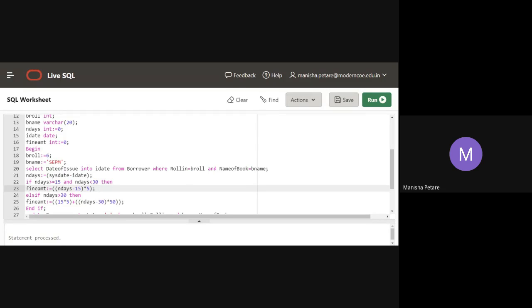This is greater than or equal to 15. Because what we have as condition: first slab is of the number of days, how many number of days it is late, whether it is in the range of 15 to 30, then it is 5 rupees per day. Yes, and if it is above that, then it is 50 rupees. Yes, so here we have to check if number of days is greater than or equal to 15,